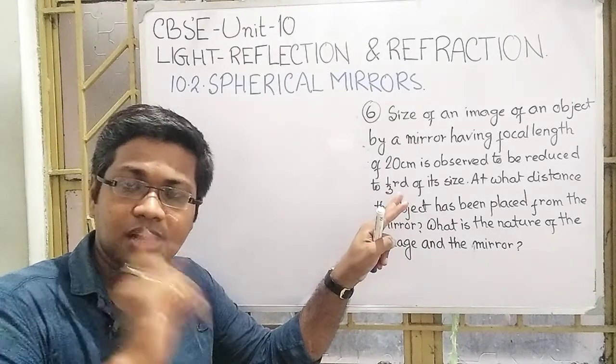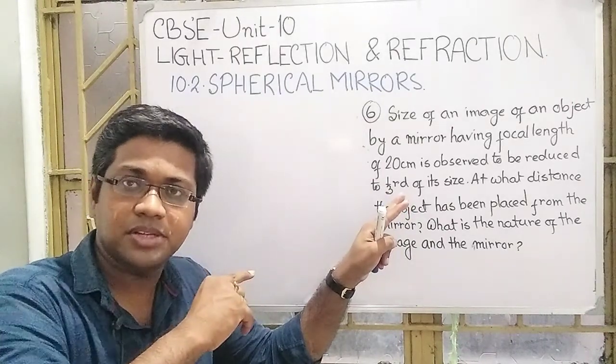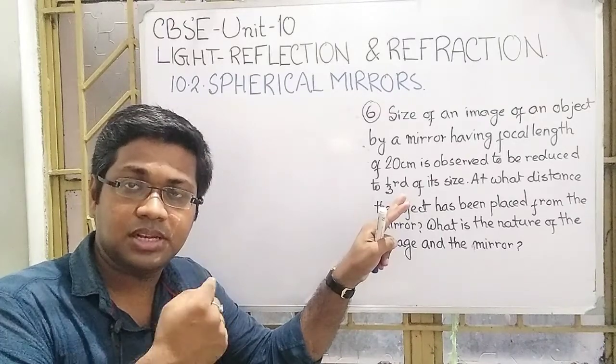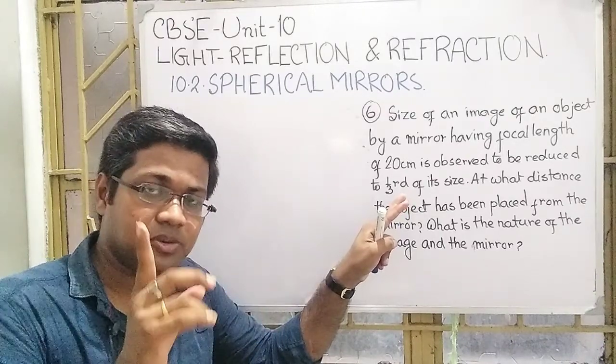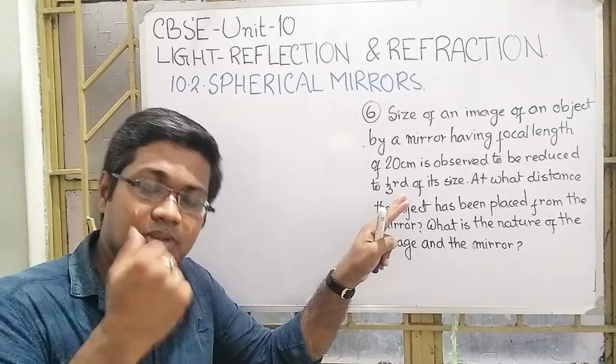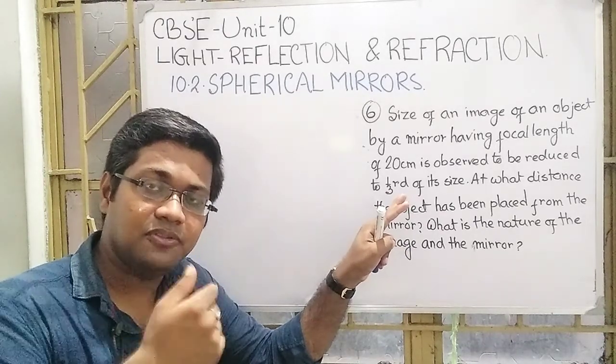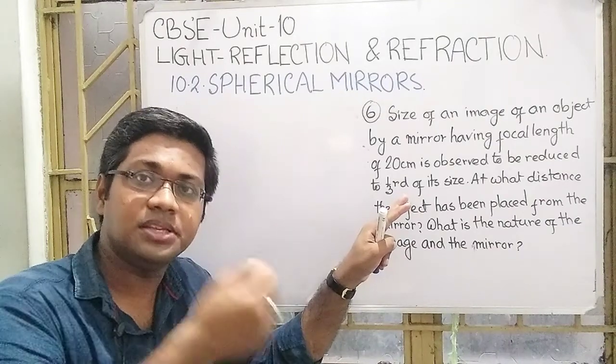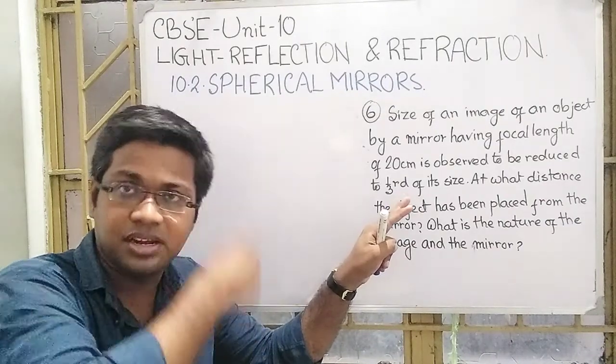So using the concave mirror, this type of image formation is not possible if the object is placed in between the center of curvature and the pole. It is not possible. It is only possible between infinity and the center of curvature. If I place the object there, then we get the image in between the center of curvature and the focus, that we have done now.